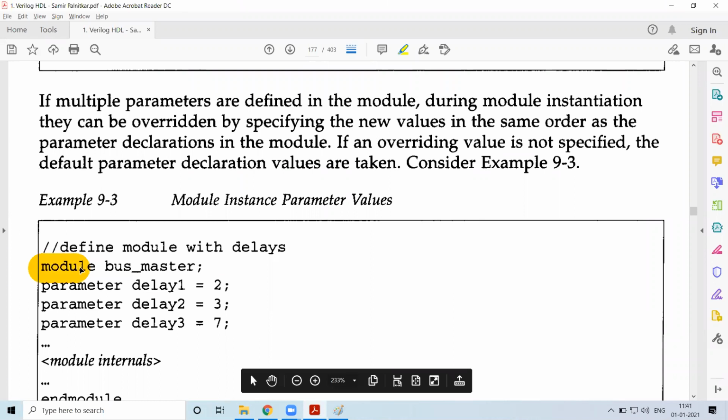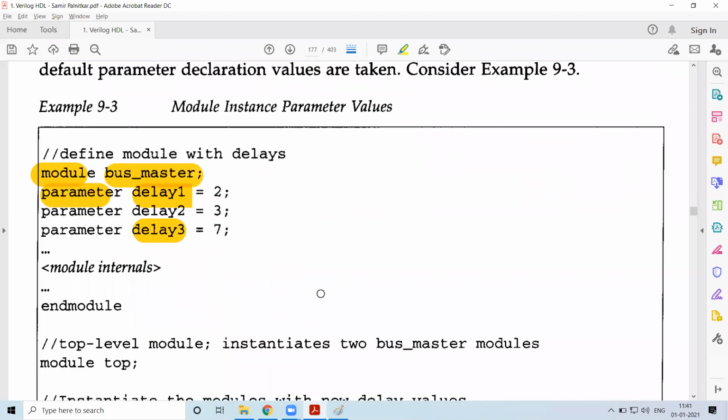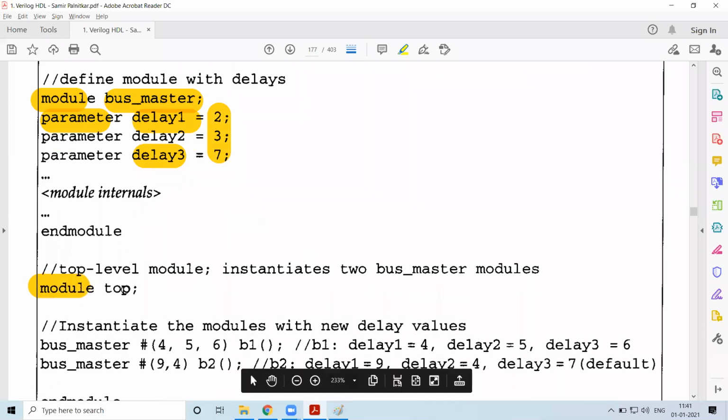Here an example is there: module bus master, parameter delay 1, delay 2, and delay 3. These are the default values 2, 3, and 7. Now you have defined a module top, and you're creating an instance of bus master. There are three parameters, so here 4, 5, and 6. During the instance itself, delay 1 will have a value of 4, delay 2 will have a value of 5, and this one will have a value of 6.